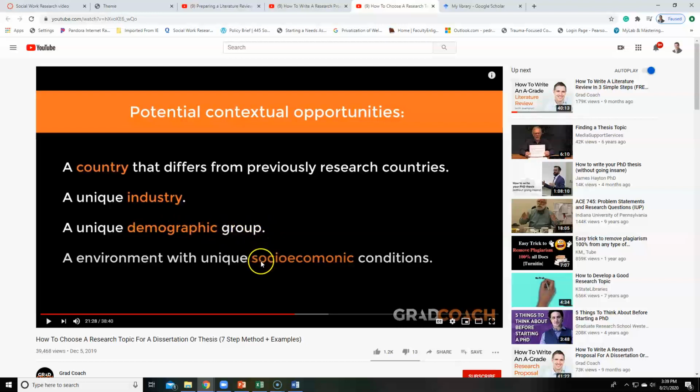Or we have a perfect storm now, for instance, with the pandemic, where things are not the same way. So maybe that theory needs to be tested during this time. So it's not just saying,